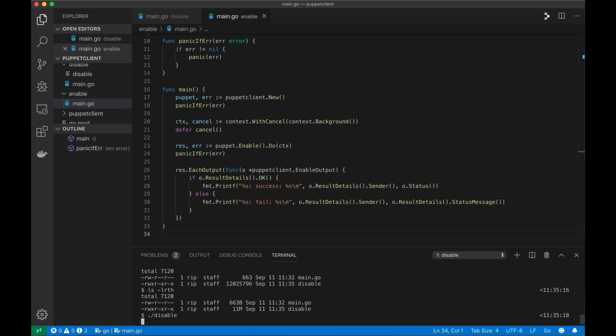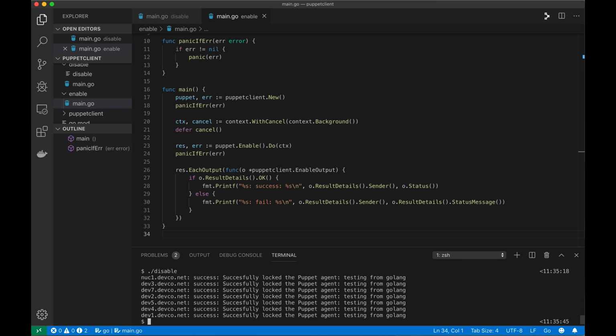Now, this is, as I said, aimed at writing not necessarily these kind of CLIs. You'd be better off using the Ruby one for a CLI like this. But I wanted to show the level of interaction you get, the verbosity, and so forth. There's some other interesting things here. For instance,